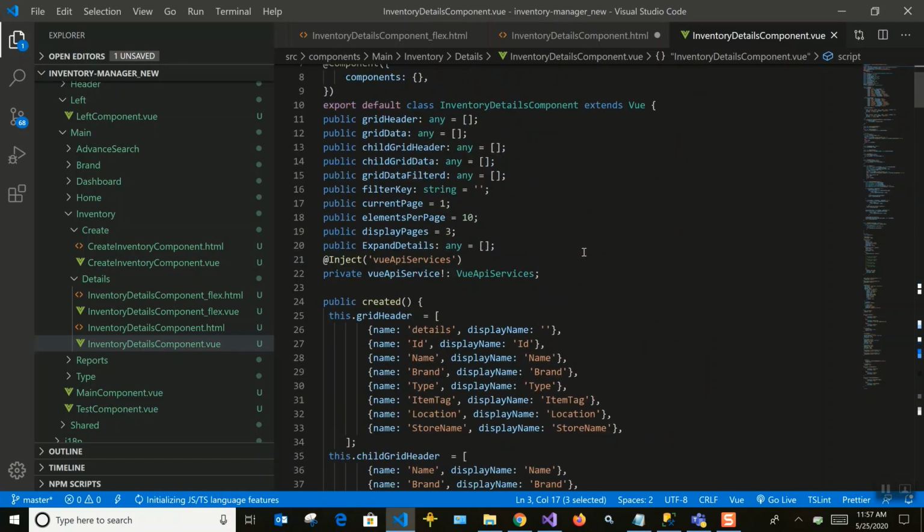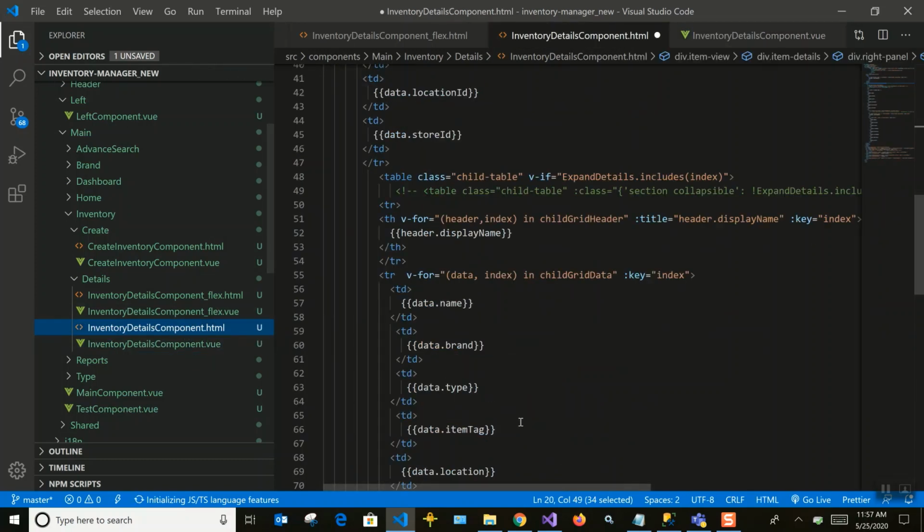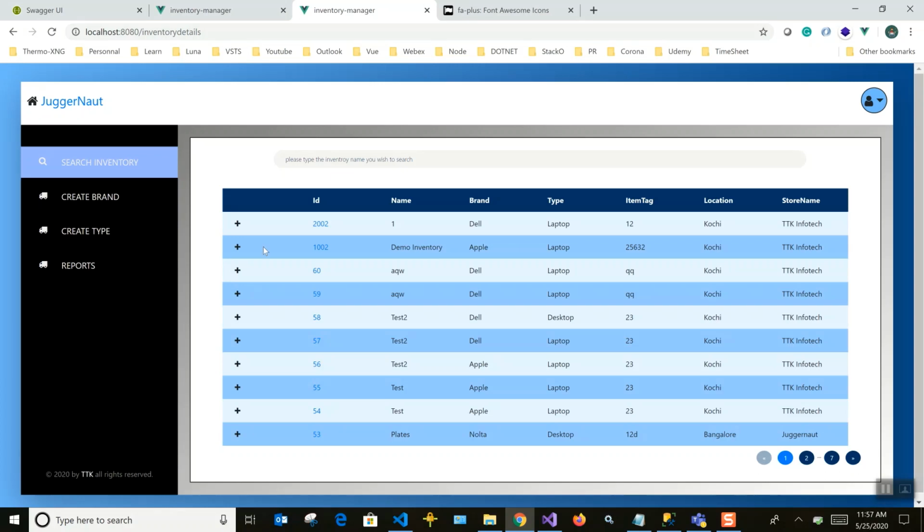Now we'll see what else is required. The thing is that we have the data, and the child tables for each row have been formed. So how will we display them on plus button click? If you use an if condition and enable based on that, then when you click plus, it will be visible for all the other rows. We don't want to do it that way.